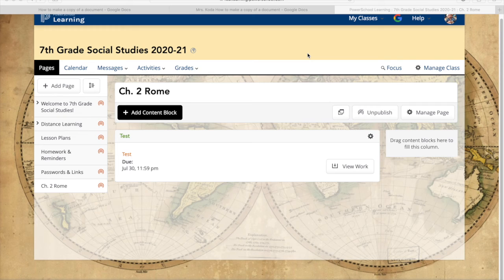Okay, so once you have your PDF ready to turn in, you'll go to our class website and navigate to the tab where I put the assignment name. There are two ways to turn an assignment in. The first is the tab on the left. For example, if we're studying Rome and I have assigned an assignment for Rome, if you click the Rome page,